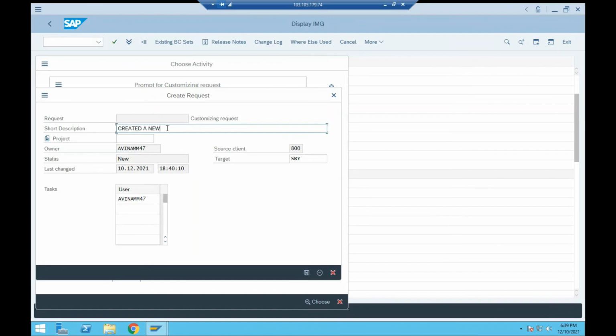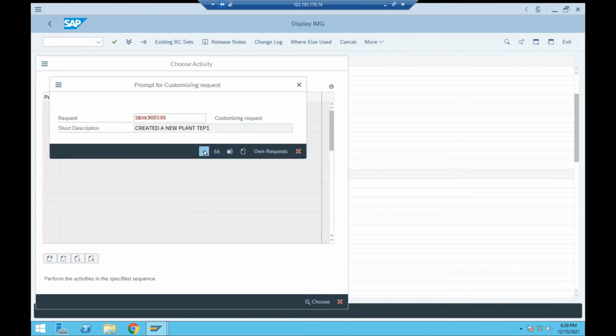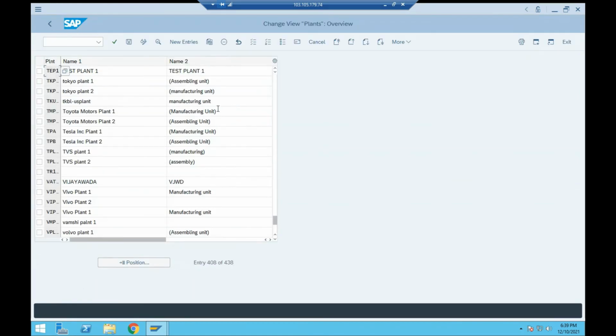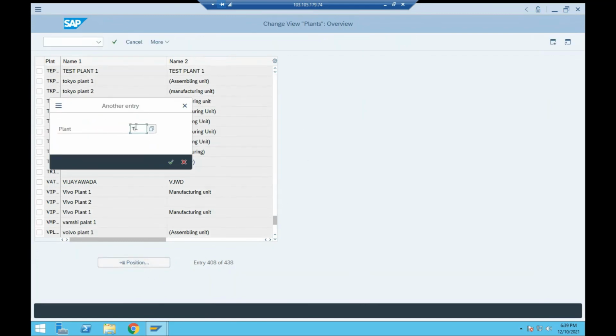After checking all the details, you can click on Enter or the green tick mark. There is a prompt for a customizing request. You can give a short description like 'created a new plant TEP1' and then click on Save, press Enter, OK, and the data is saved. So your plant TEP1 is created. How can we check? Go back, click on Position, and enter the search term.